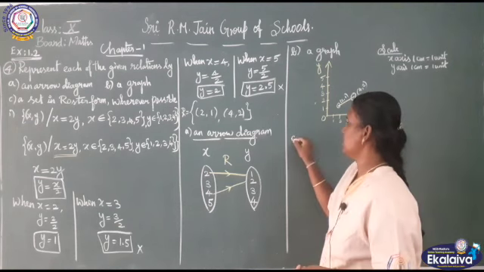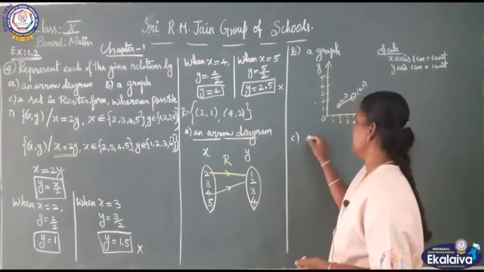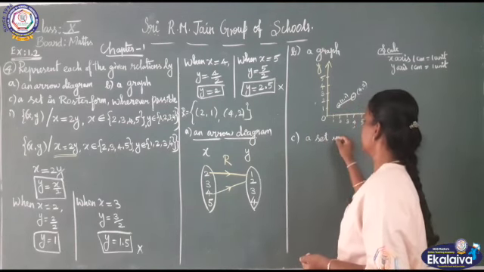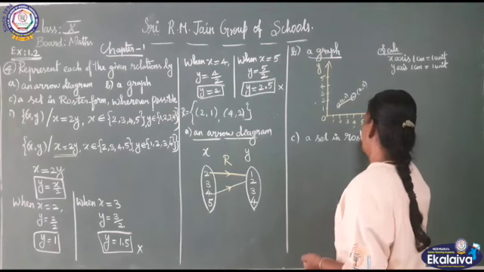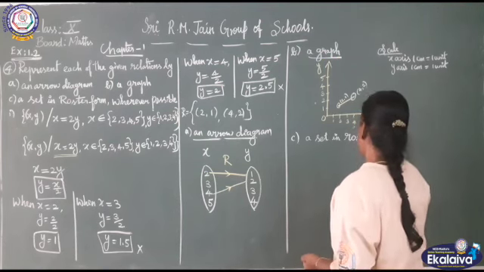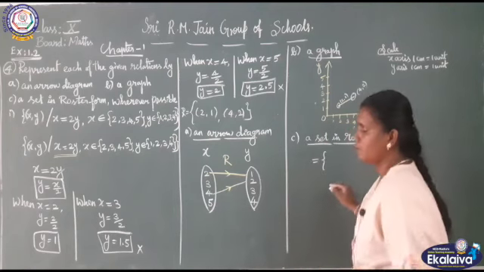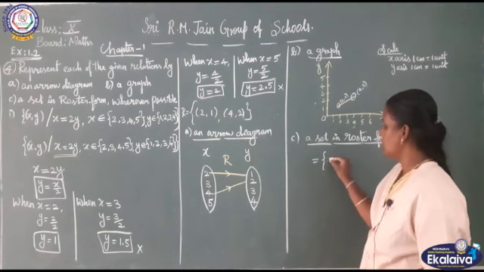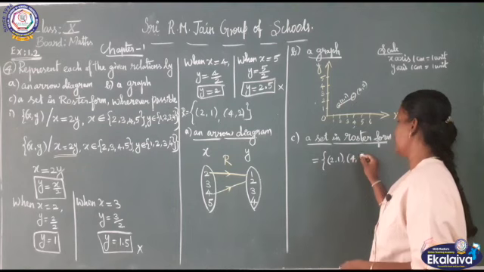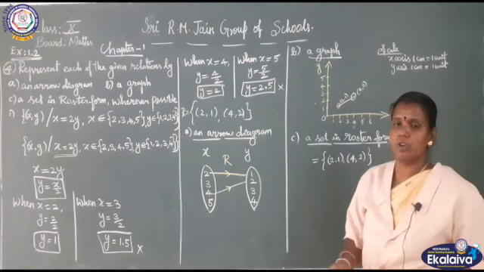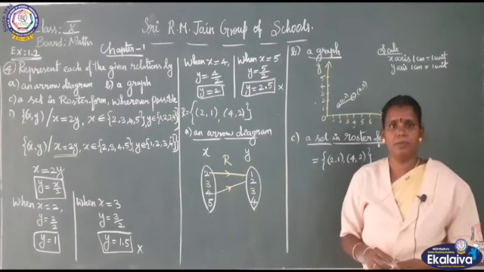Then I proceed with this C. The C subdivision, they have given a set in roster form. Roster form means here we can express that as a set, with the set builder form. A set with these ordered pairs 2, 1 and 4, 2. This is your roster form. Are you clear, children? Are you clear with this first subdivision, with this fourth sum? Clear?